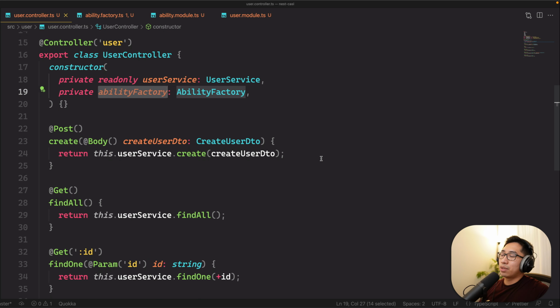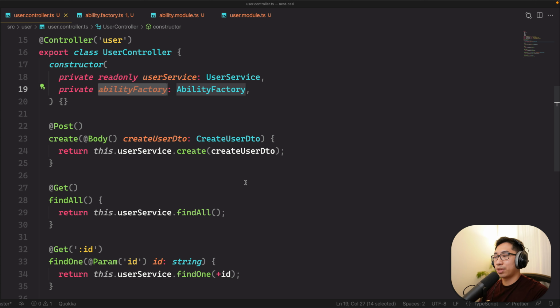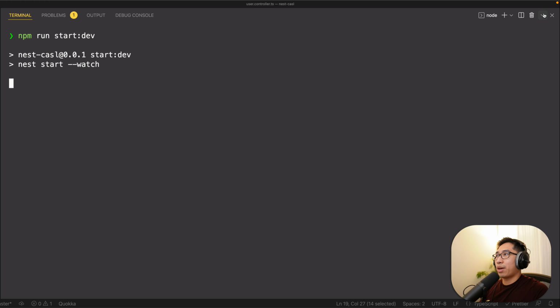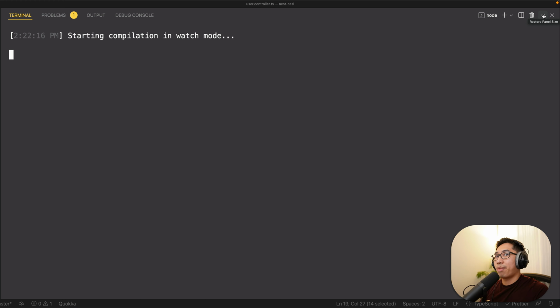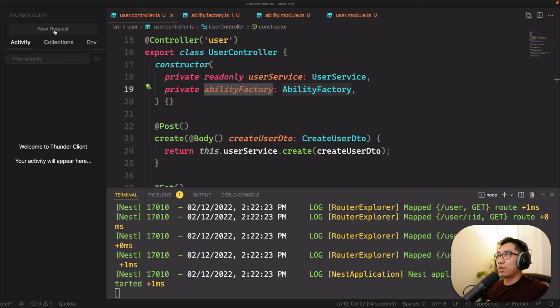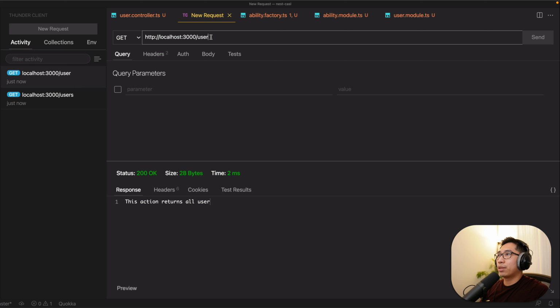And at this point, let's actually just run our application so that we know what the current behavior is before we start protecting some of these routes, right? So in my terminal, I'm going to do npm run start dev, and that's going to start my application in localhost 3000. And then I'm going to use Thunder Client here, which is kind of like Postman if you haven't seen it before. So if I do a get on 3000/user, we get back on the bottom here,